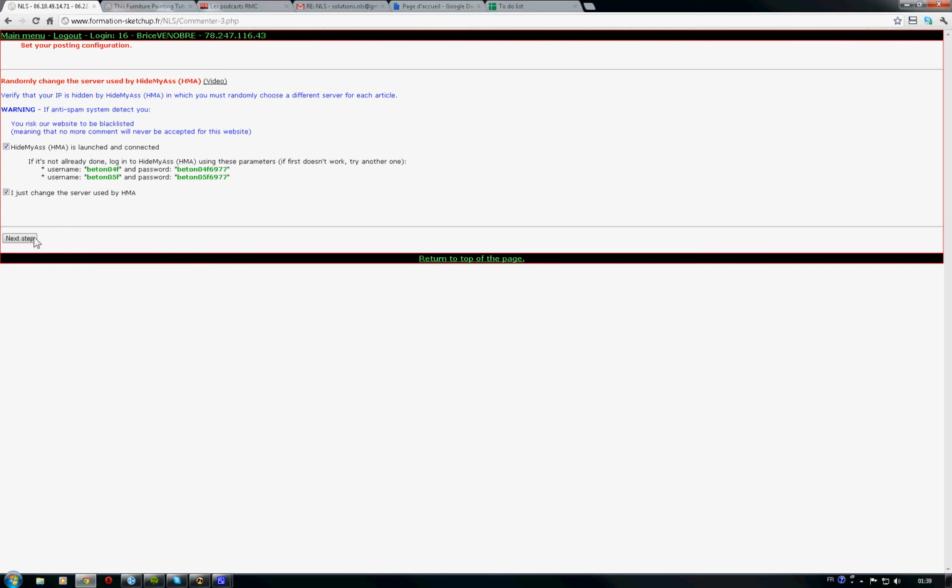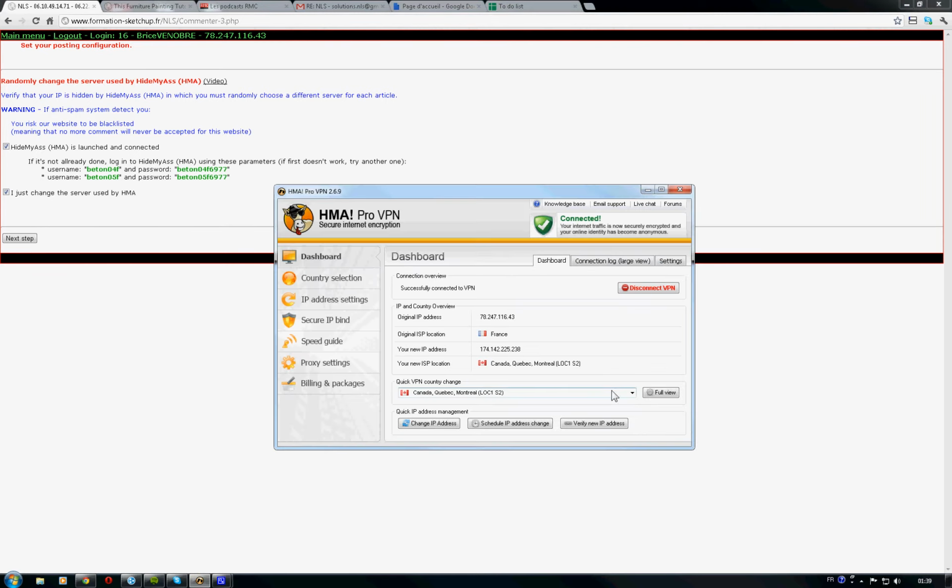But before I click on next step, I'm going to show you what you shouldn't do. For example, you are here in Canada, Quebec, Montreal, and you want to change the server. Let me pick another example. For example, here in the US, Arizona, Phoenix, you're connected on this one and you want to change the IP. You have to go at least to another city, because otherwise all the IPs here are